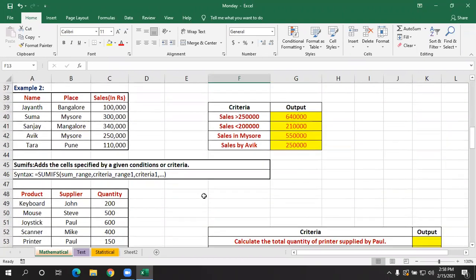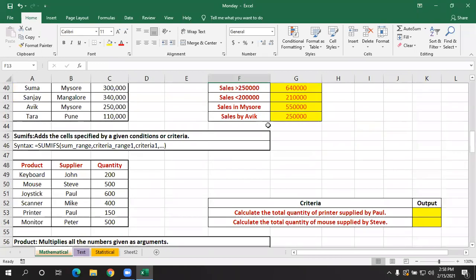Next here, I have 3 columns of data. And now I'm beginning with the SUMIFS function. SUMIFS is a function used to perform addition based on more than one condition. That means you can have 2, 3, 4, many conditions. For a single condition, we use SUMIF. If it is more than one, we use what? SUMIFS.